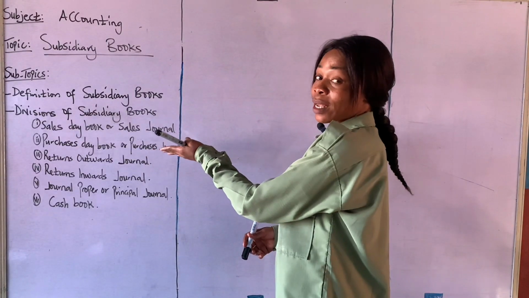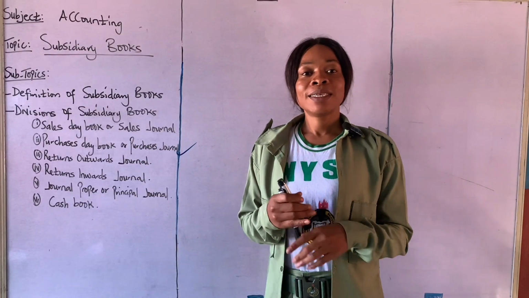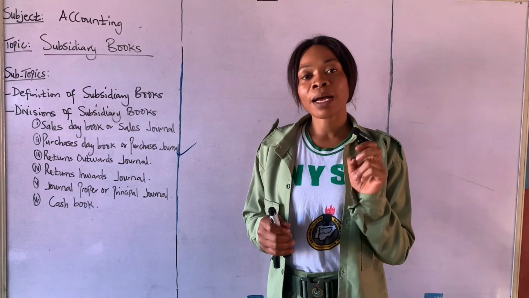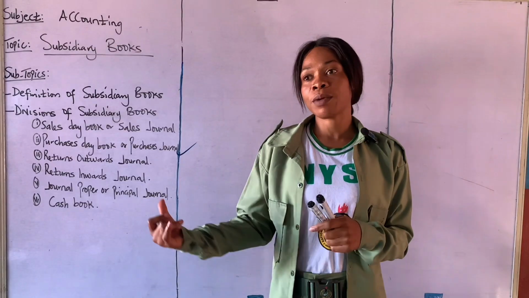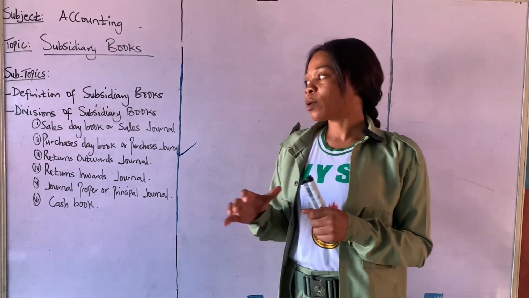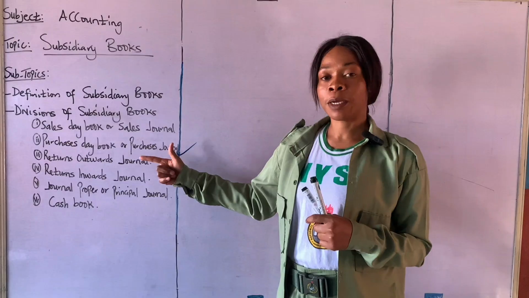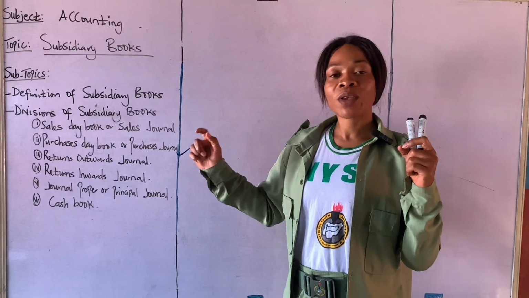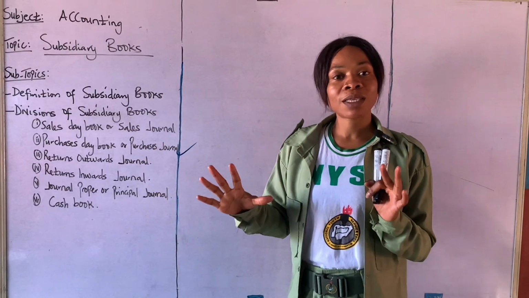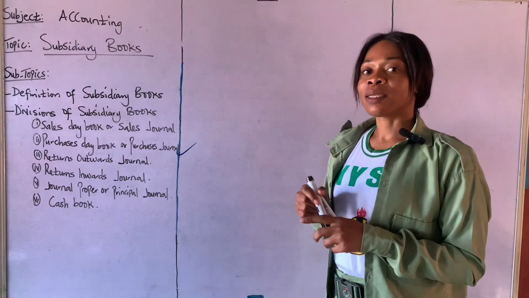Firstly, let's briefly look at the definition of the purchases daybook. You need to understand that this is a division of the subsidiary books of account in which all transactions that involve credit purchase are recorded. Any cash purchase will not be recorded there, and the purchase of fixed assets will not be recorded here either. So we'll only consider purchases that have to do with credit transactions. Okay, so let's quickly look at the format